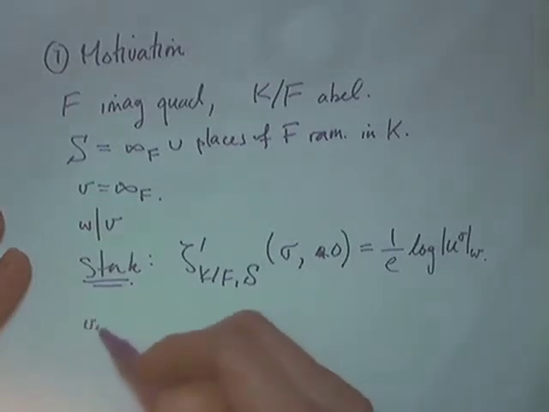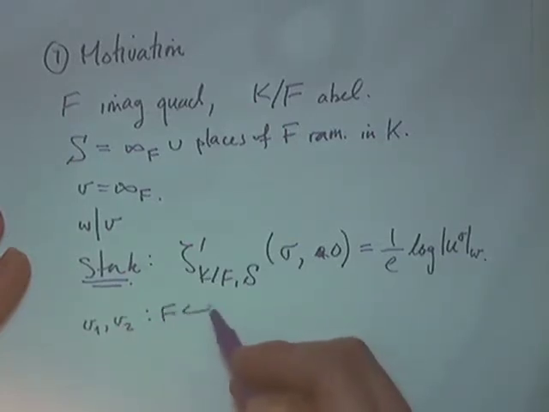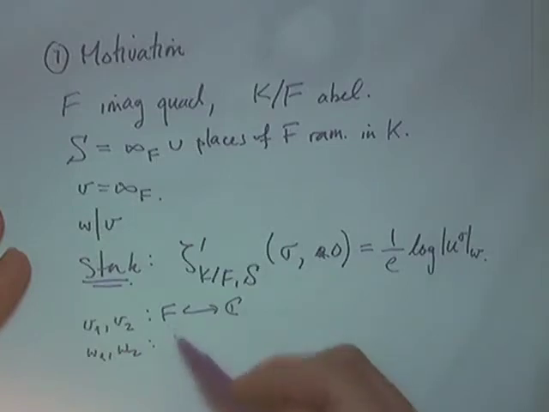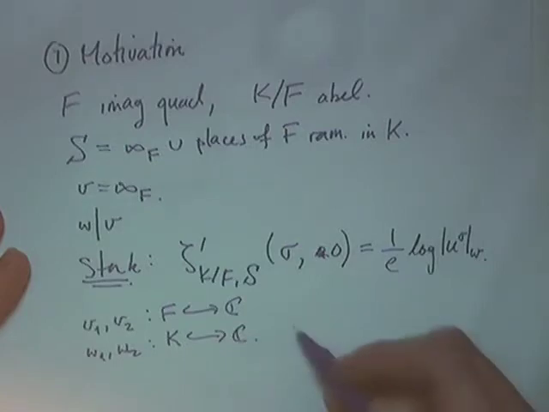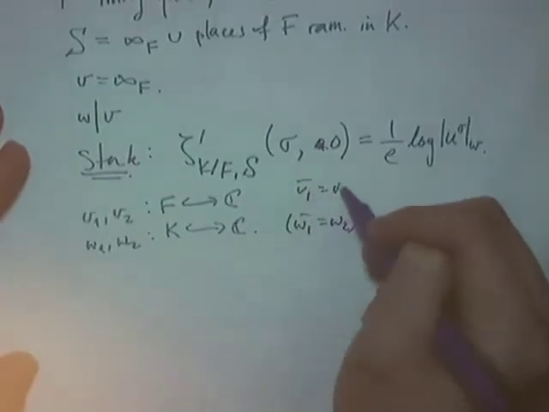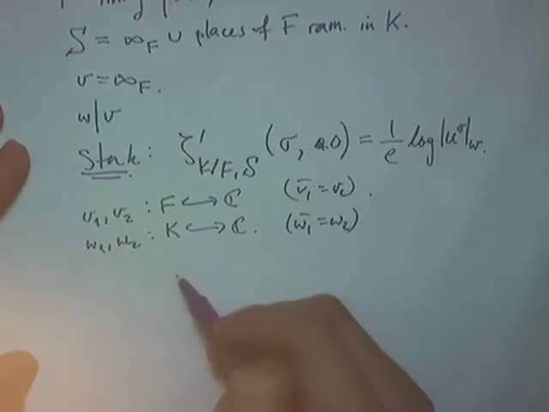So if we think about the place V being composed of the two embeddings, V1 and V2, of F into C, and look at the two places comprising W, which extend V1 and V2 respectively, from K into C, so W1 bar is W2, and V1 bar is V2,